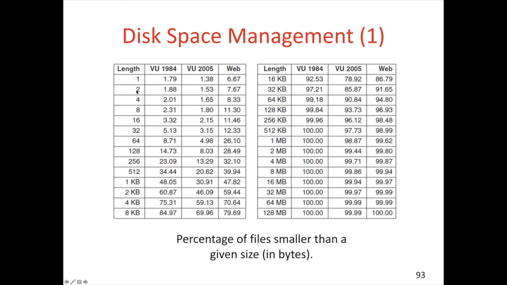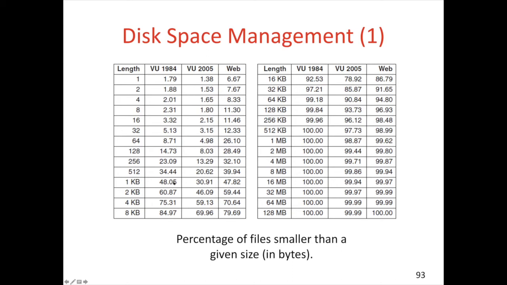For length 2, it becomes 1.88% for 1984, and it is 1.53 in year 2005, and it is 7.68 for web. And for example here, it is the percentage of the files less than 1 kilobyte, and it